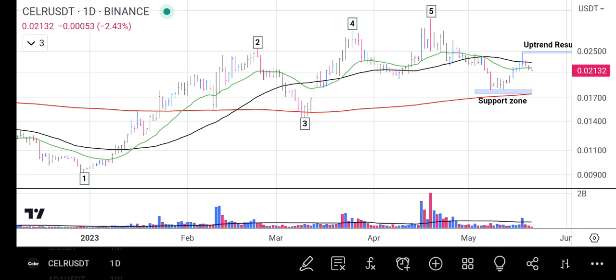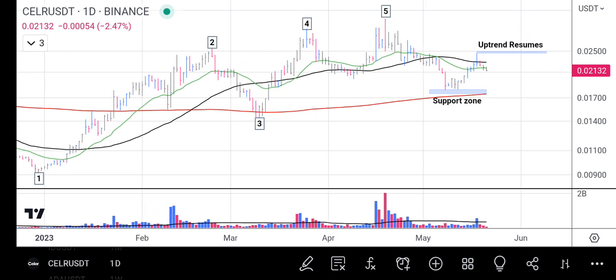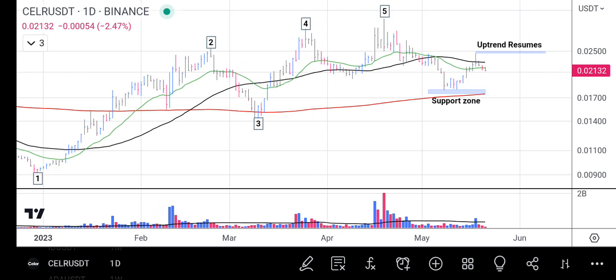When you look at the big picture, you can see from point 1 to point 2, it's having a long time rally and a little bit of correction from point 2 to point 3. Then it also has another rally from point 3, which takes it to point 4. That's above point 2. It had a little correction, which pushed point 4 back to the 50-day average before it finally got to point